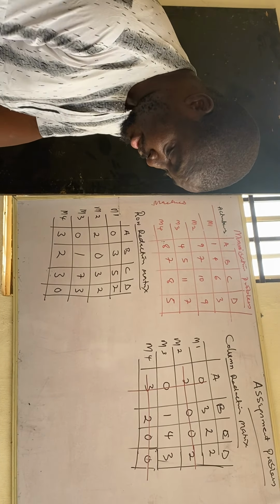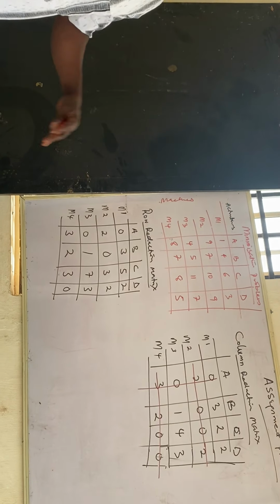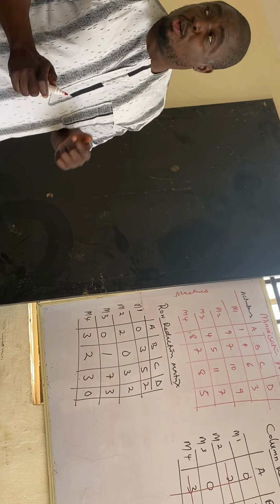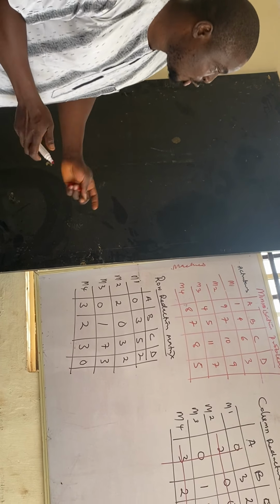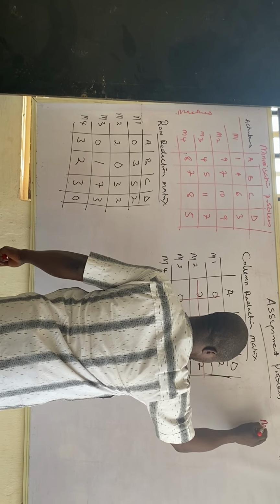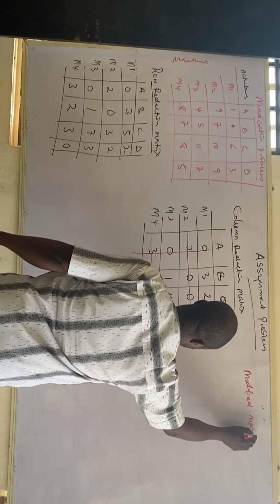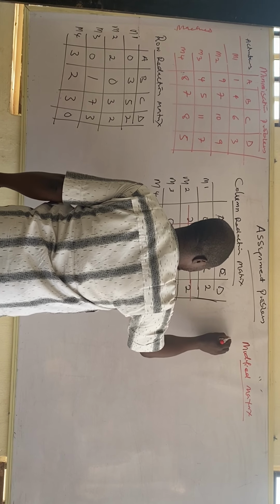Now, if you look at this, we have gotten 3 lines and we have 4 assignments. It means the solution is not optimal. At this point, if the solution is not optimal, we'll go to a modified matrix. In the modified matrix, we have A,